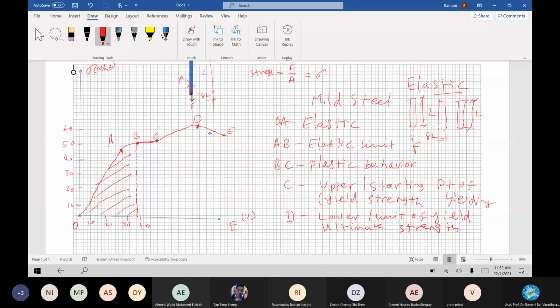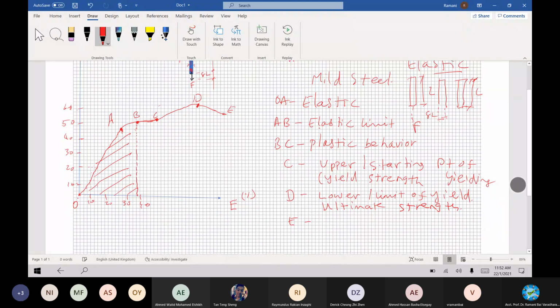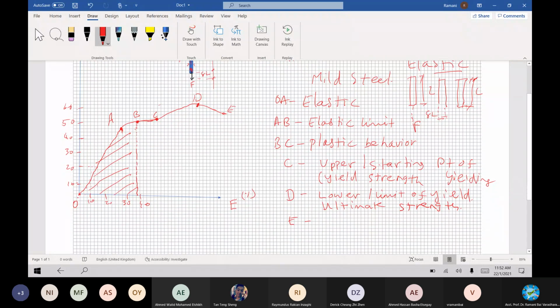And then moving on from D to E, it is going to break. Fracture point, fracture started already. Ultimate strength is reached. The fracture or break starts from here to here. That's why I call this the ultimate or breaking or fracture point. The structure got fractured already. So these are the points we have to understand. Let me remove the grid line and show you how this is in view.